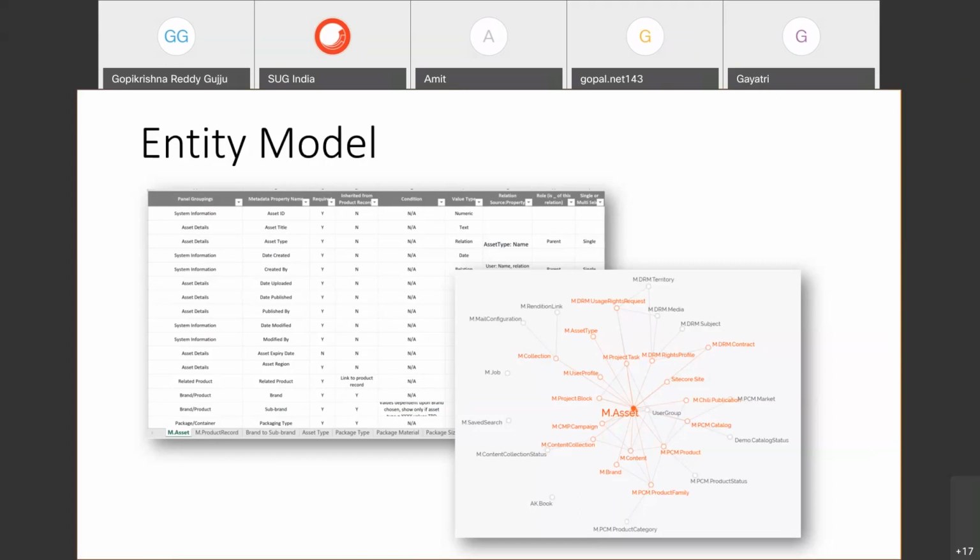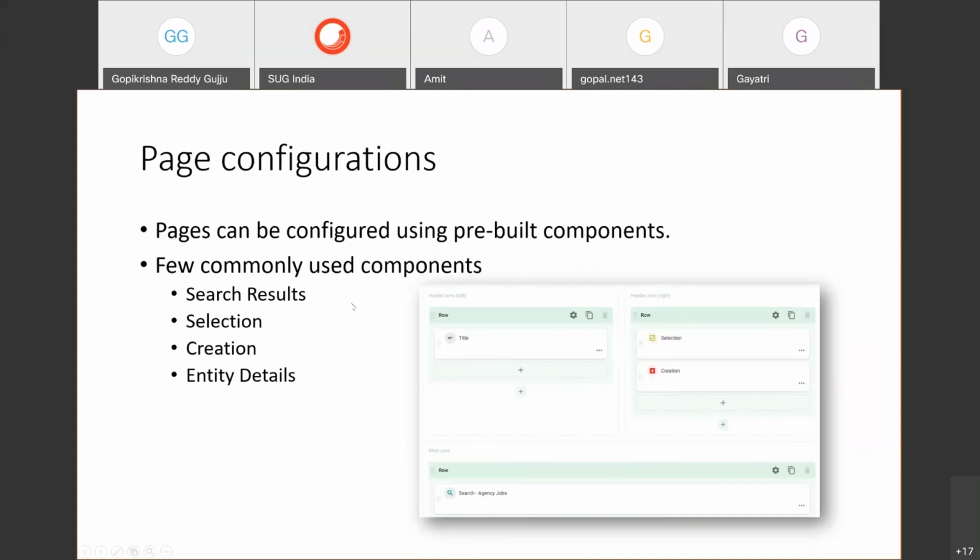So let's move on. That's the entity model. We spend a lot of time there. Next is page configuration. Once we are done with entity models, we come to page configuration. As you see here, it is very easy to create the pages. We just need to know the nuances of what component to use and how the relations work. Here you see a couple of components. We just dragged a title component, which displays the title.